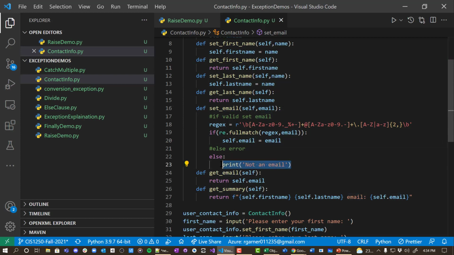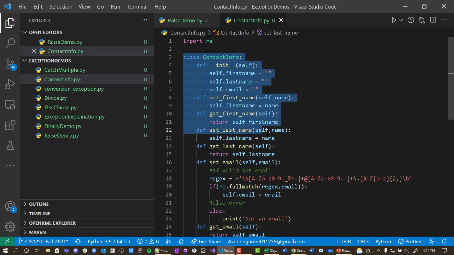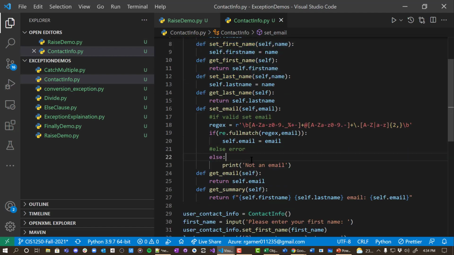But generally speaking, we don't want to input or output from our class unless that class is specifically being made to do input or output. Mostly these kinds of classes, where we're holding information, we want these to be agnostic relative to console applications and GUI applications, which we will learn later. So we don't want to do a print here, because if we were doing this with a GUI application, this print will not work. So instead, what we do is we raise an exception,